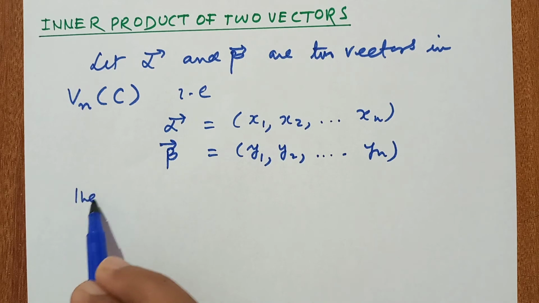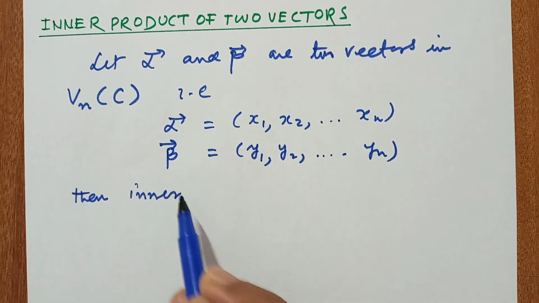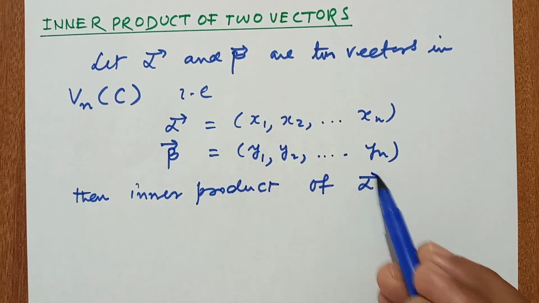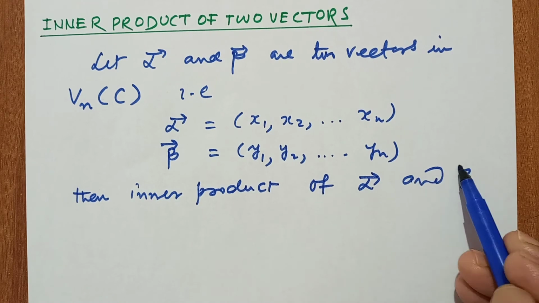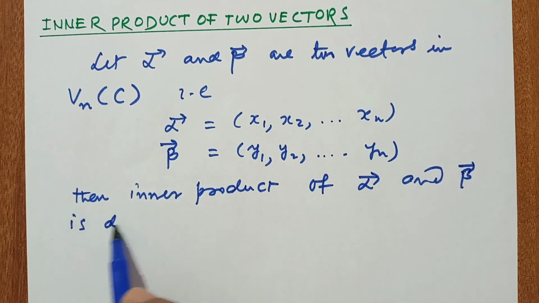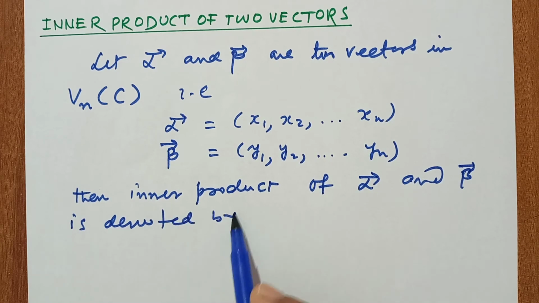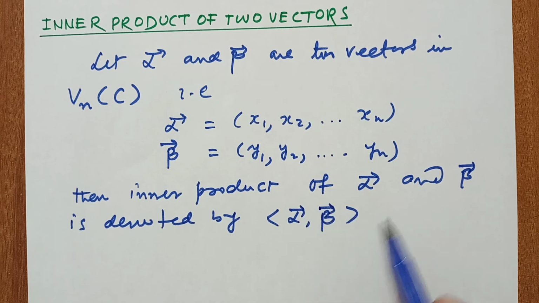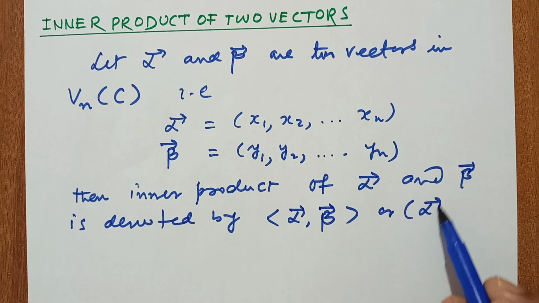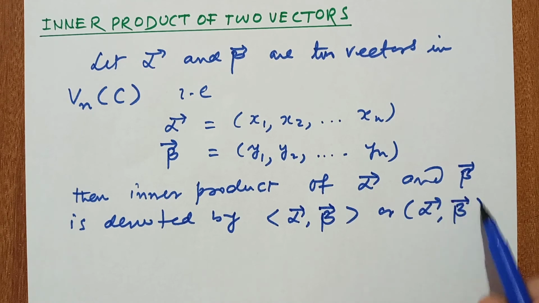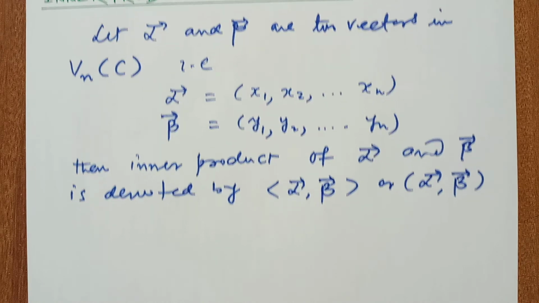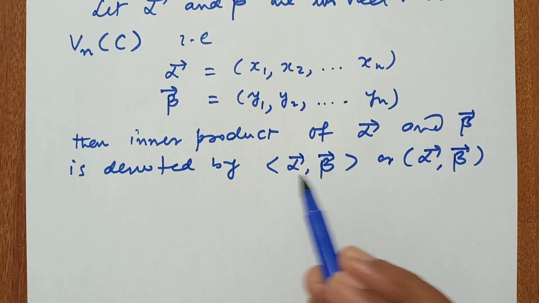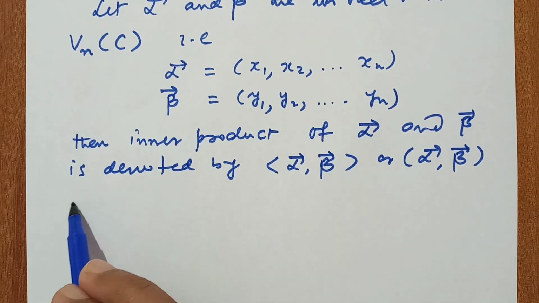Then the inner product of alpha and beta is denoted by this, alpha and beta. This is not an ordered pair. This is a function and the notation of inner product. We call this the inner product of alpha and beta, and it is defined by,